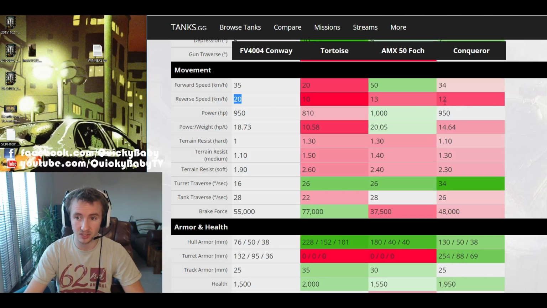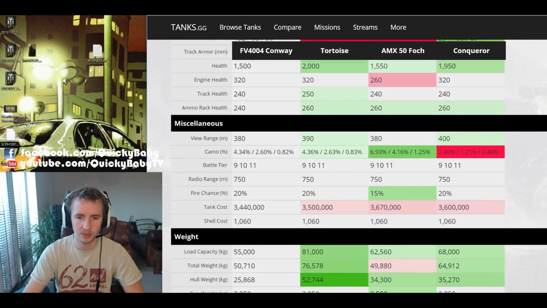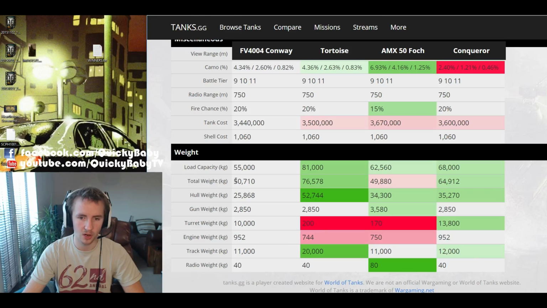A lot of heavy tanks such as the Conqueror really can't get back quick enough or prevent their opponents from flanking them in the side. The Conway, however, is very proficient at doing that. The tank gets a whopping horsepower of 950 when you take into account how heavy it is, just over 50